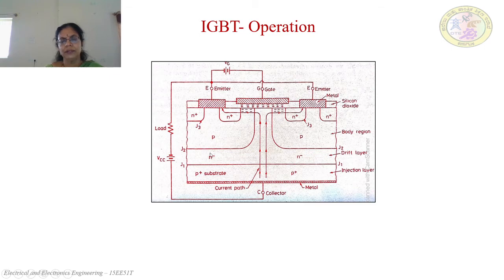So to make the device go to the on state, we have to apply a gate potential, that is between gate and emitter. When gate potential is applied, a capacitor is induced in this silicon dioxide layer. It induces an N channel. How does it do this? The positive charge carriers of the capacitor attract all the negative charge carriers just below the gate and form the channel.